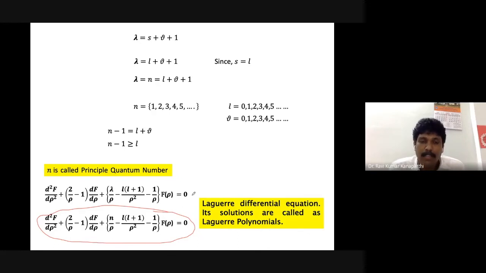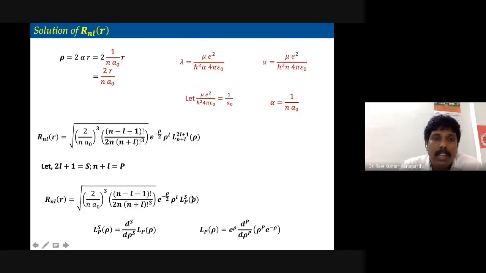Like previously we got the Hermite differential equation and the associated Legendre differential equation, likewise here also we got a differential equation, referred to as the Laguerre differential equation, whose solutions are known to the mathematicians, and those solutions were directly adopted by the quantum physicists. The solutions of Laguerre differential equations are known as Laguerre polynomials, which are basically written here. Before that, let us try to recall what exactly we have assumed at various stages.